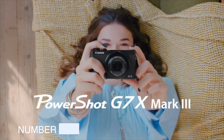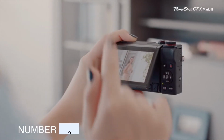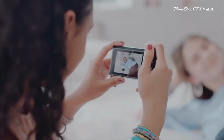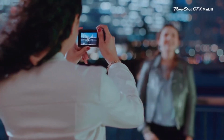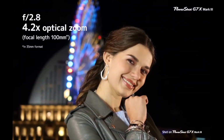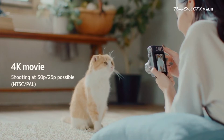Coming in number 3, Canon's PowerShot G7X Mark III. Canon's G7X III is the latest entry into the esteemed G7X lineup of multimedia cameras. The G7X Mark III features a 1-inch 20 megapixel sensor with a 24 to 100 millimeter lens, shooting 4K 30 frames per second and 1080p 60 frames per second video. It also offers a 3-inch flipping touchscreen, optical stabilization, time-lapse, HDR movie, neutral density filters, USB charging, a microphone input,